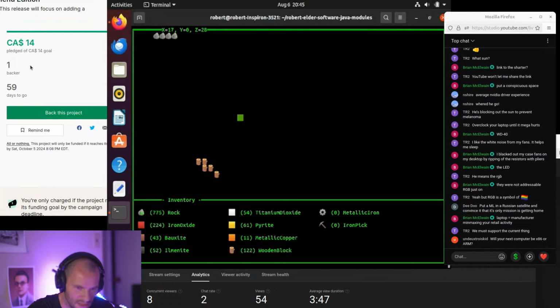Will your next computer be x86 or ARM? Actually, I have always thought about going with Intel, but I've just never had a real strong reason to, and I had in my mind that